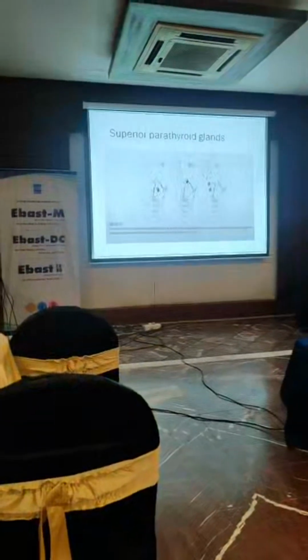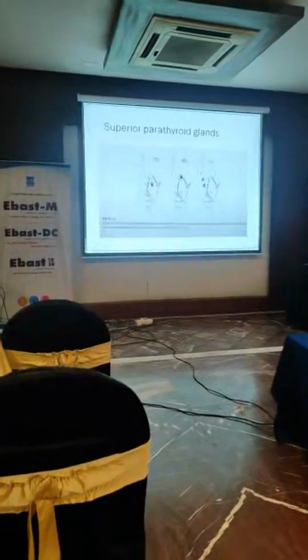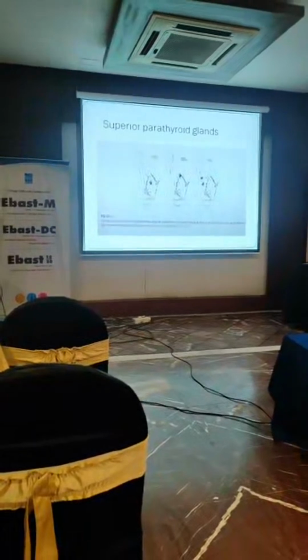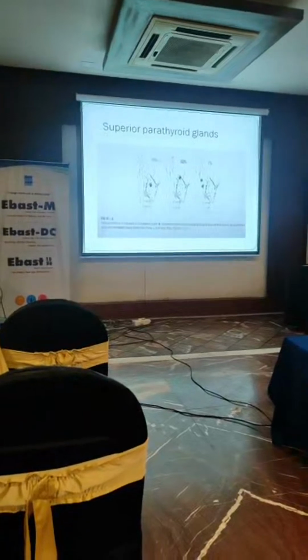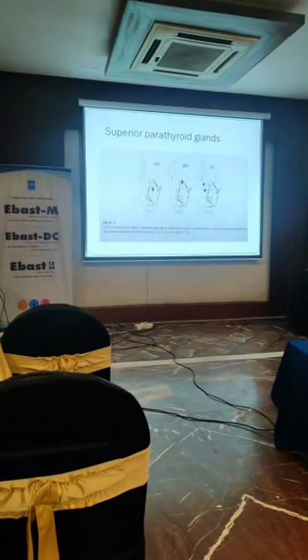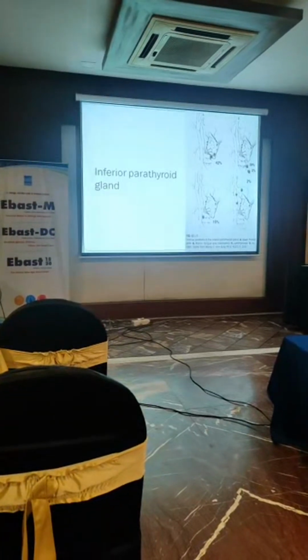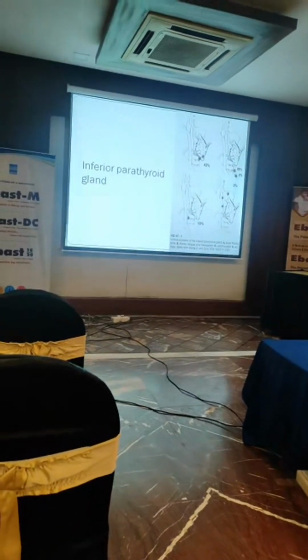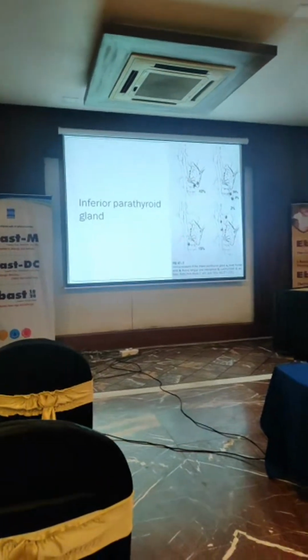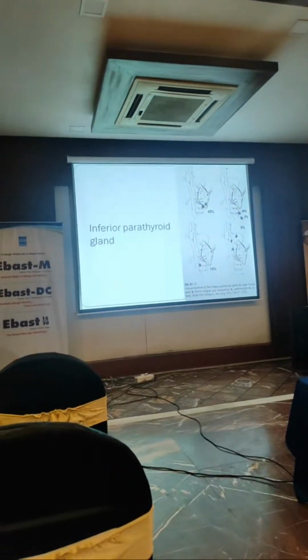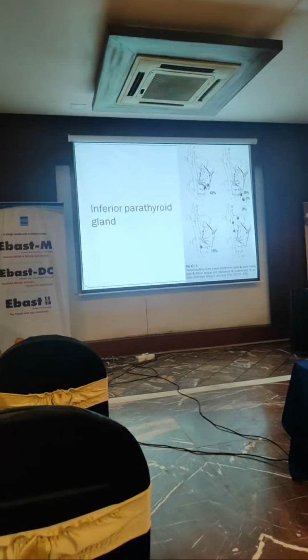positions. So superior parathyroids mostly are found in the vicinity of the inferior thyroid artery, the inferior cornu, within 1 centimeter of that. Okay, in most of the cases, it can be found in the upper pole or behind, in the retropharyngeal space also, because it is derived from the fourth pouch. Inferior parathyroid, as we said, the descent can be arrested at any stage, so they have more variable positions. So they can be in the lower thyroid pole, ectopic in the thymus gland, thyrothymic ligament, juxtathyroid, or